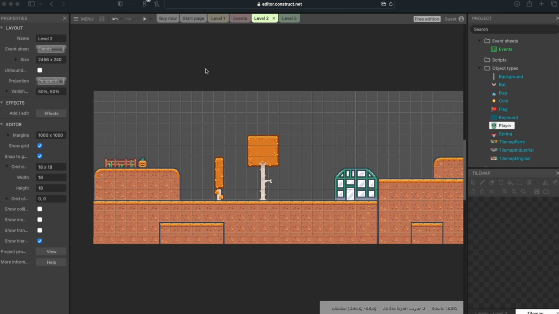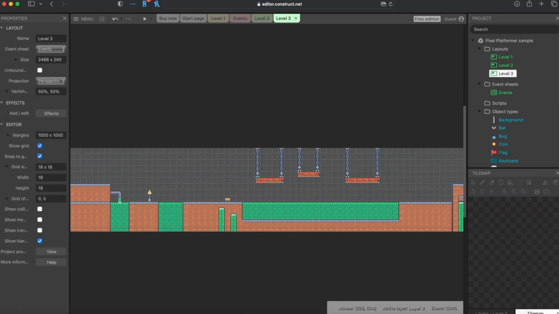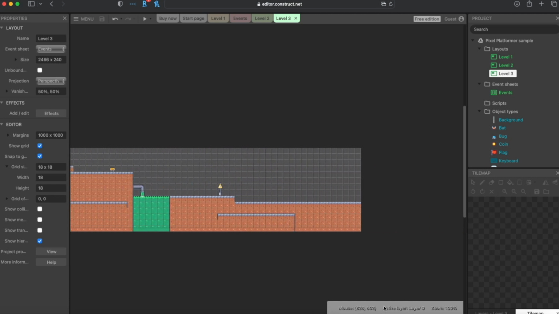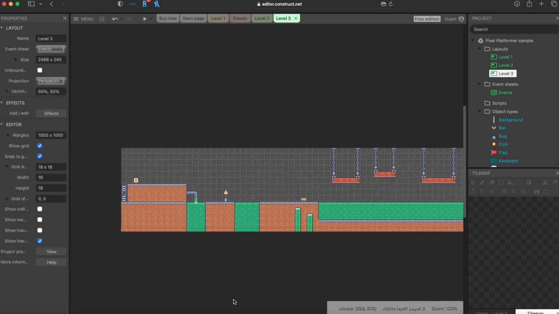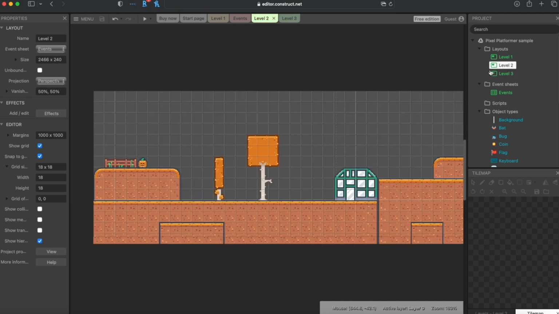Now that we have our level design created, if you haven't done so, I would recommend that you include and work on creating a level 3 with the industrial expansion pack, so that you have that ready to go for this next step, which is to include some of our objects. So I'm going to go back to level 2 here, and I'm going to go ahead and